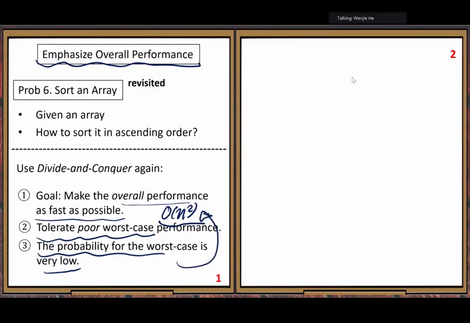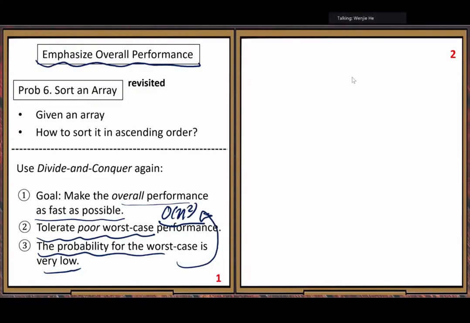When we apply this overall very fast algorithm, we usually apply it a large number of times. So people look at the average case efficiency.